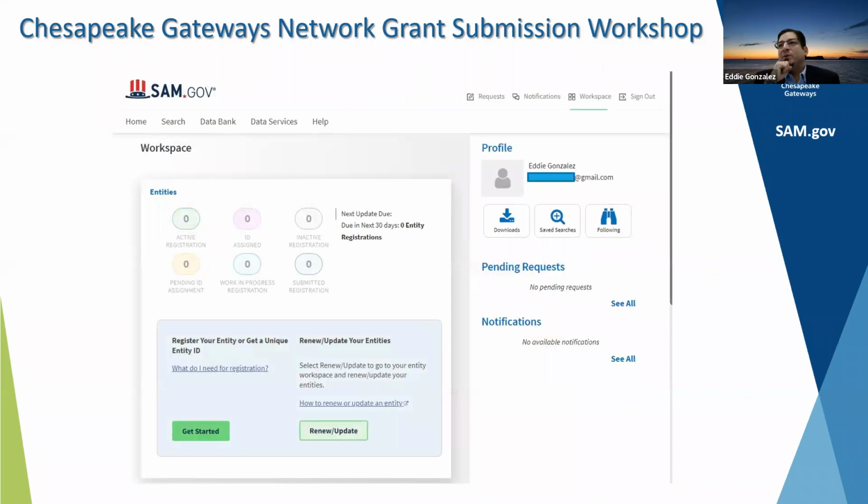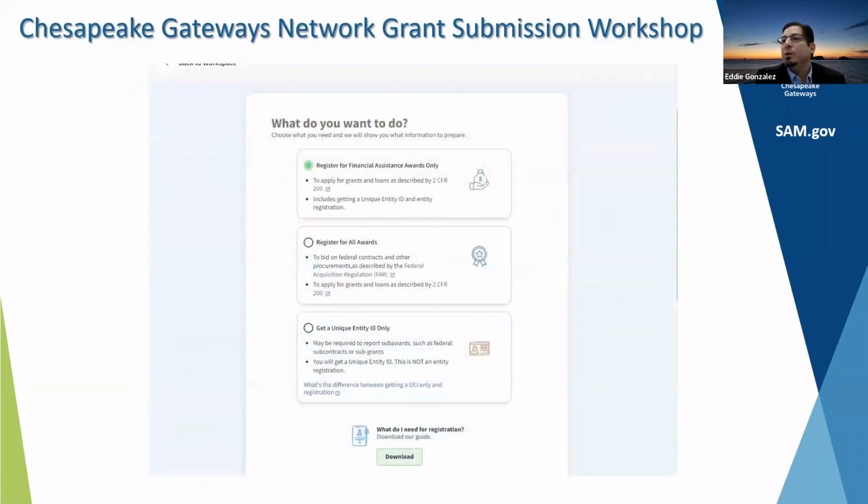Once you log into SAM.gov through that account login, you're going to get this workspace. It's the main dashboard that you would use to start. And what you're going to be doing is this bottom left, register your entity to get a unique identity. Again, you're going through the steps to prove that you are an entity that is able to receive government money. And that's really all this process is trying to confirm. So you can see I did this, I went through all these steps myself to get a sense of what's